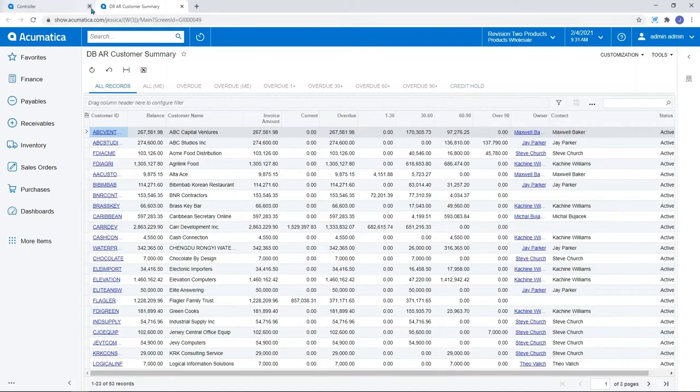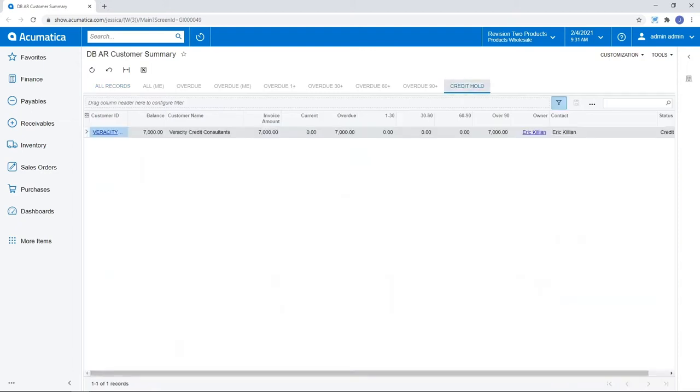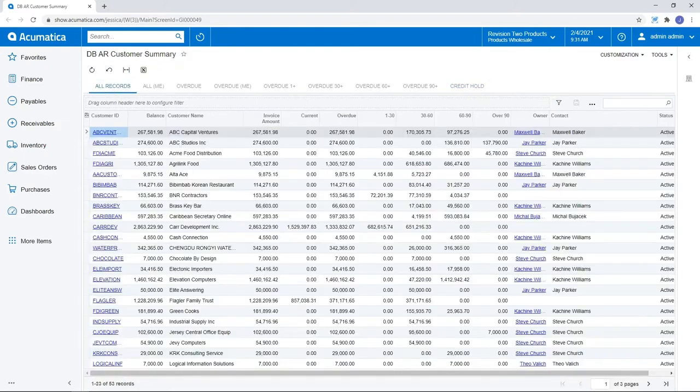Now, I would also like to spend a moment on when I drilled down from my dashboard level, it took me to my customers on credit hold because of course that is the tile I selected. But if you note, this is actually just my entire AR customer summary. So I can create filters out of that AR summary, which is why I was able to see the one customer who is on credit hold today.